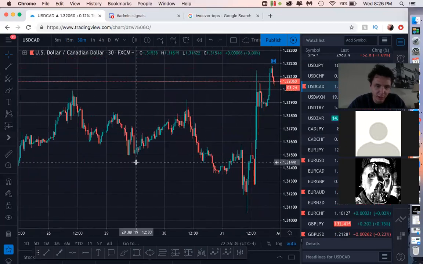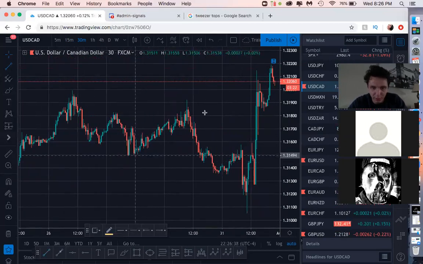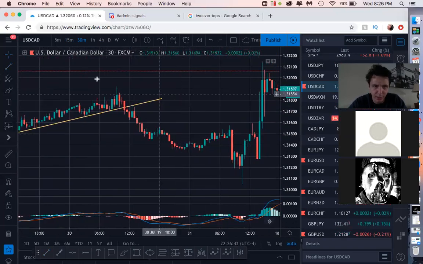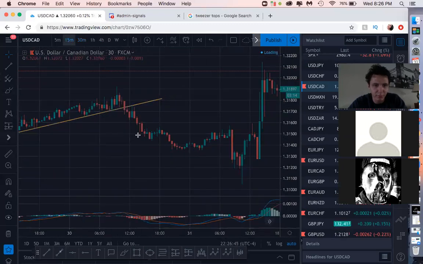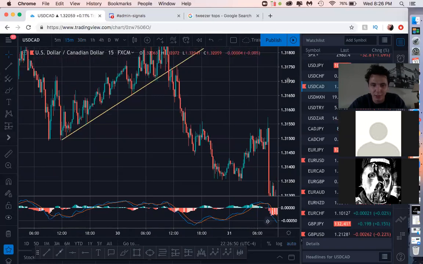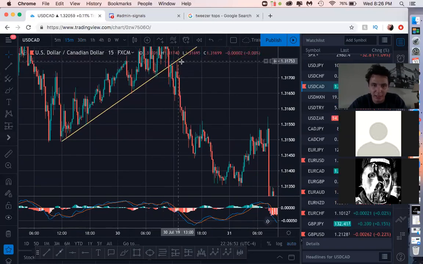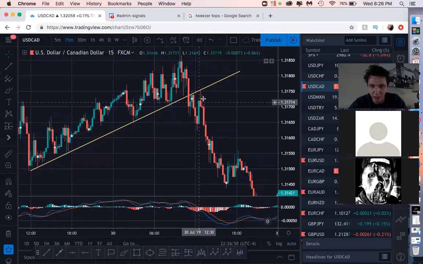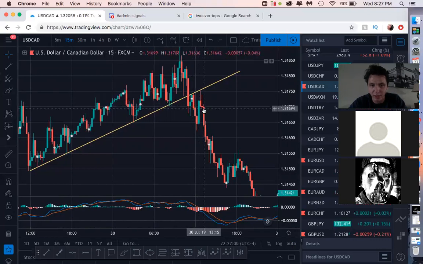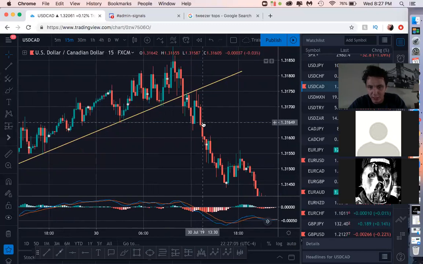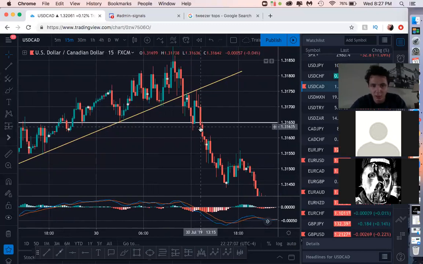What I saw here was a break of this trend line aligning with a cross of the MACD. And really, it's as simple as that. These are maybe 75% of my trades: a trend line break aligning with the MACD. In this instance, we got more of a break retest than the MACD cross. Still makes it valid, still holds up. I think I actually got in around here after this kind of move happened.